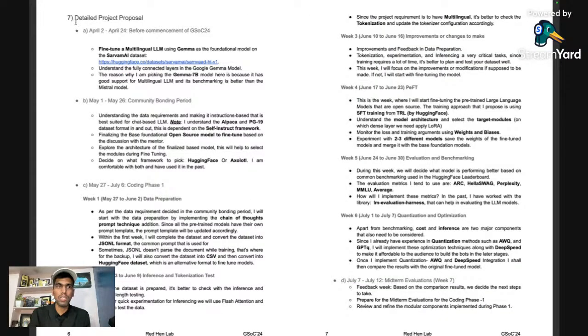So once you have the project goals, you need to create a complete end-to-end timeline: what you will do in week 1, what you will do in week 2, what you will do in week 3. This is probably a 3 month project, so there will be a total of 12 to 14 weeks. You have to list down every single thing that you will be doing in each and every week. This way you will have more understanding of what the project is about. So this is very important. The project proposal is the most important part of Google Summer of Code proposals.